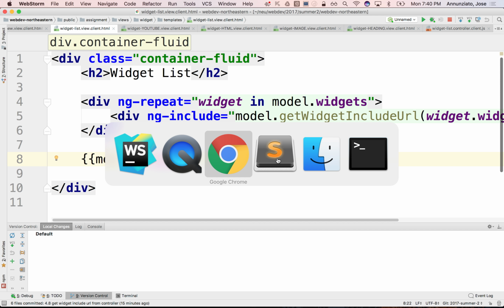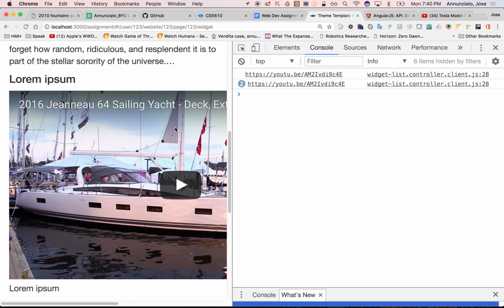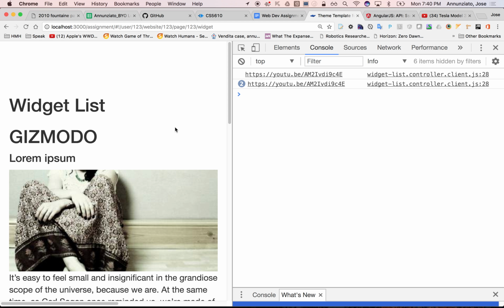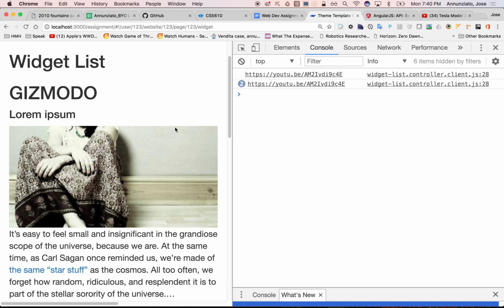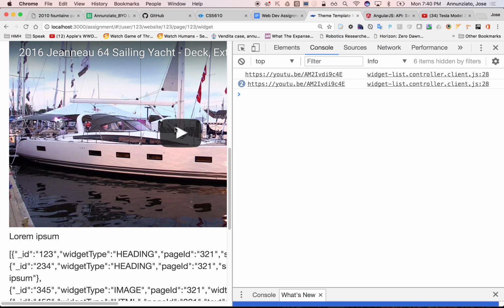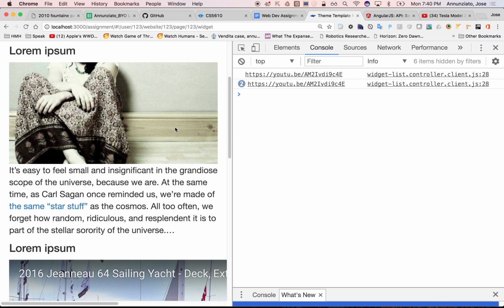All right, so here we have the beginning of a website that is going to allow us to dynamically generate other websites. Eventually, this will allow us to drag and drop and edit the content dynamically. Right now, it